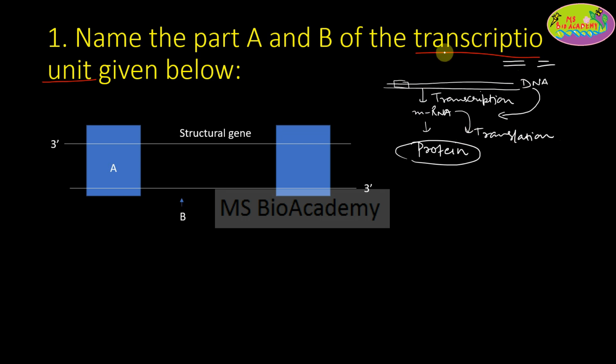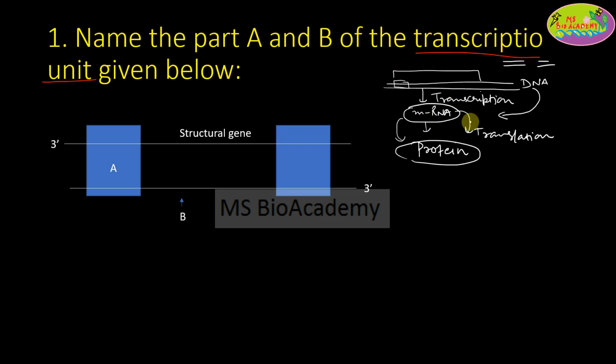Okay, so talking about again the transcription unit here. Transcription unit means the complete unit which is going to code for this particular mRNA, which is going to ultimately give rise to this particular protein. Every protein is coded by one specific sequence which is present where? In the DNA. So the information for protein synthesis lies in the DNA in the form of a sequence of ATGC. Now this needs to be coded in the mRNA first, then only can it be coded by means of the translation process into a protein, right?